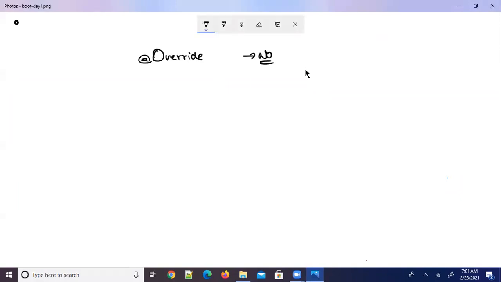At the compile time, the compiler is going to check whether the method is properly overridden or not. It's going to check whether the method name is matching or not. Are you getting my point? And the argument types are matching or not. That is going to be verified. At what time? At compile time.